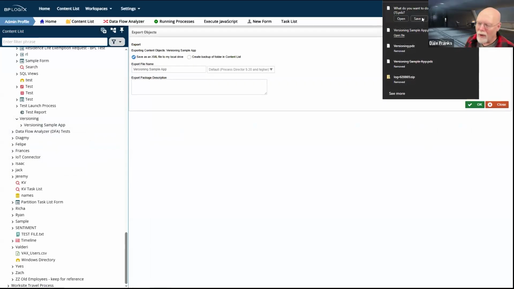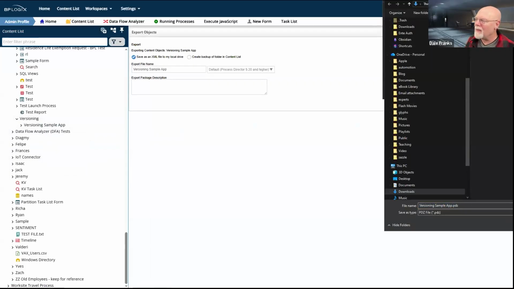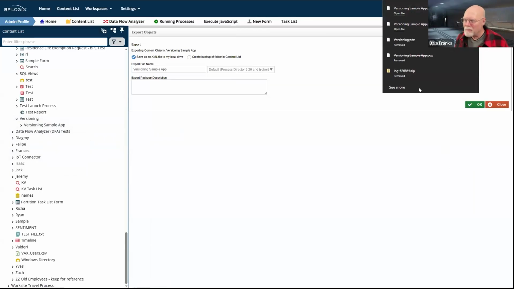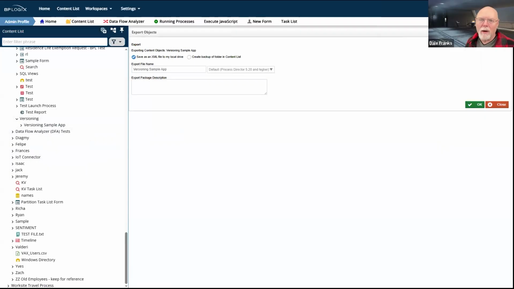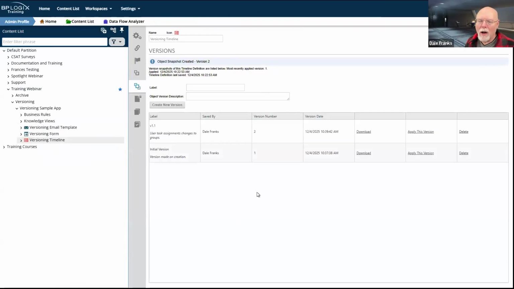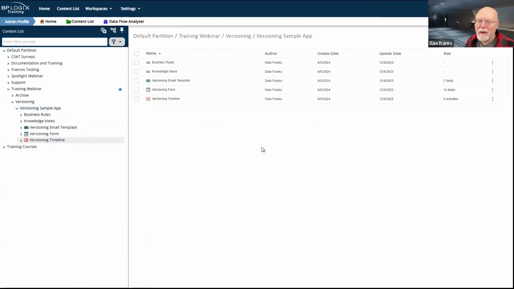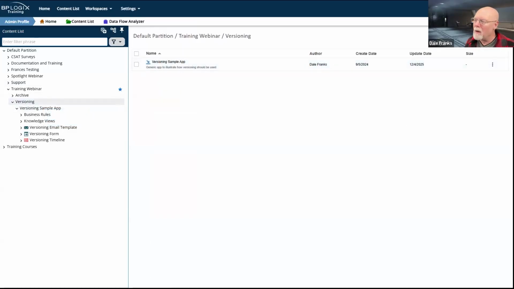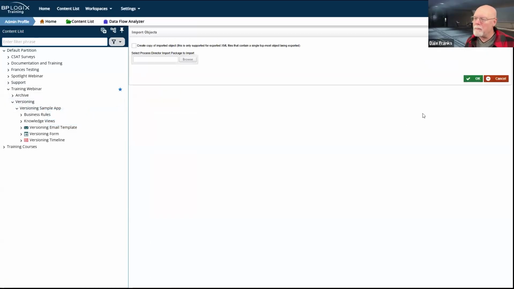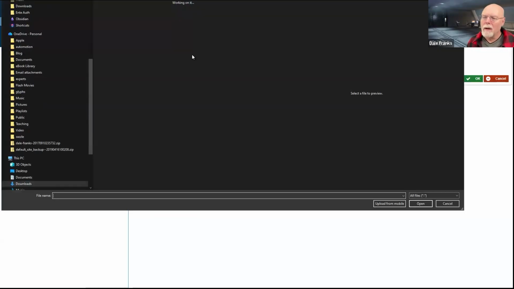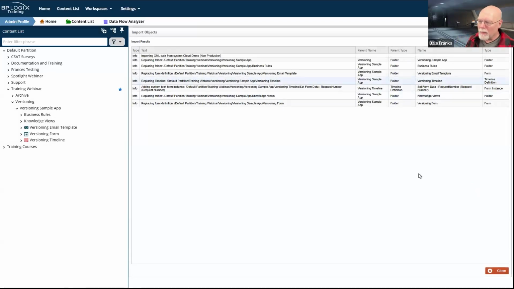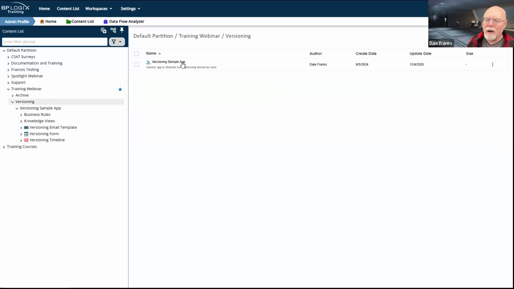And I've already exported it once, but let's save it over our initial versioning sample app, even though it's no different. Great, so now I've exported it, and then of course I'm going to want to go back over onto my production system, back into my versioning sample app folder, and well, actually I don't want to go into the folder yet. I want to go into its parent folder, and I want to do my import, grab my import from here, hit OK. It shows me my import report. Everything looks good there, so I know it imported correctly.